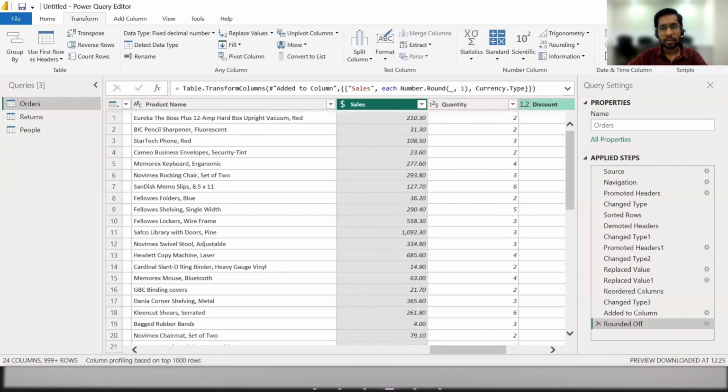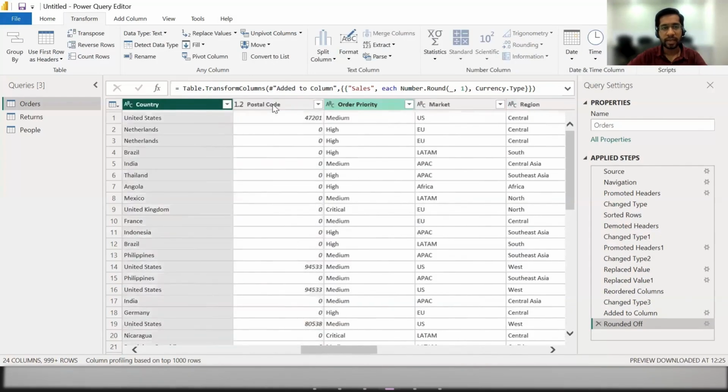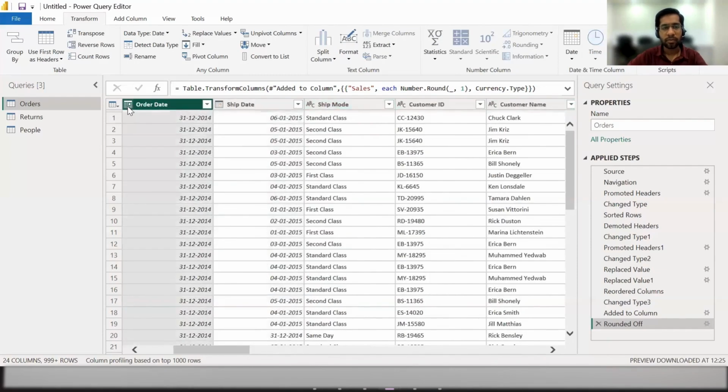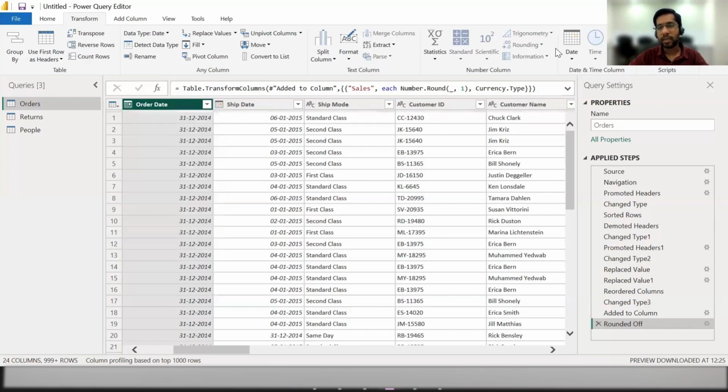Now there are multiple other things you can do. For example, I have this date and time column over here. If you go into any particular column which has the date and time data type, I will go into this order date. If I click on this, I get these options for changing the data type to date and time, or if I have any kind of timestamp in my rows, by just keeping the date or just keeping the time. All these things can be done with the help of this particular pane over here